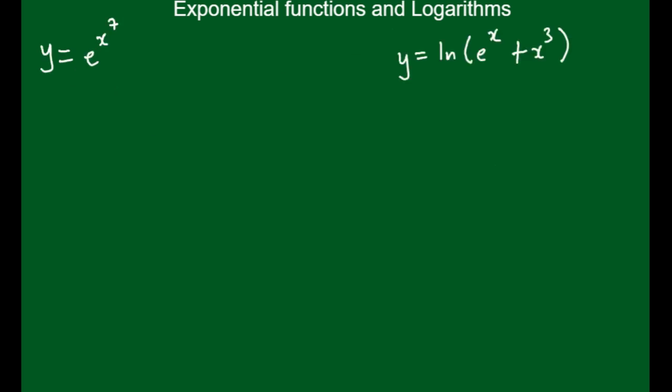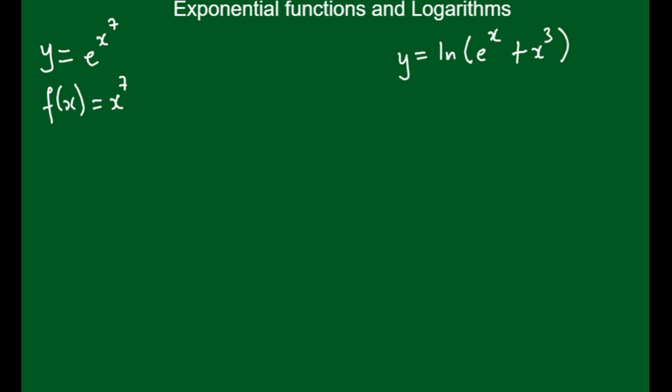So let's look at those two last examples on exponential functions and logarithms. Let's start with the one on the left side. We are given an equation connecting y to x. We have y equal to e to the power of x to the power of 7. So let's first fetch f of x from there. So our f of x is x to the